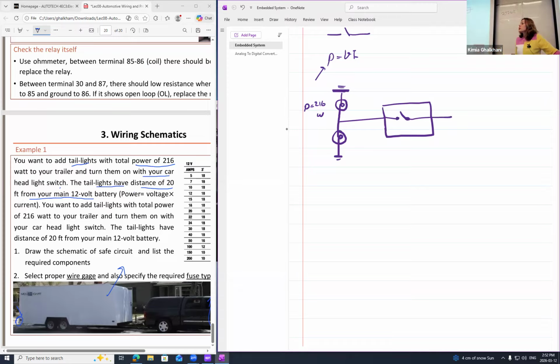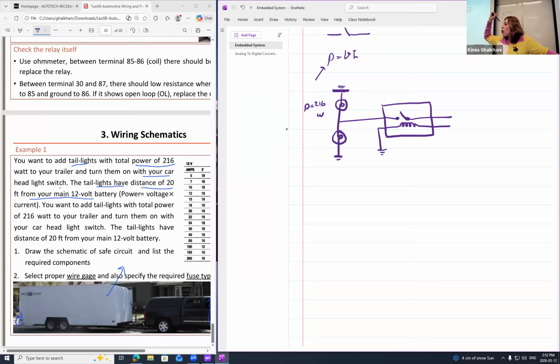And of course, for the relay, we also have a coil. How do we show the coil? Like this, very similar to the inductor, right? But inside the square right in here. And of course, again, relay is supposed to be grounded. And the other side of the relay is supposed to go to the headlight, right?